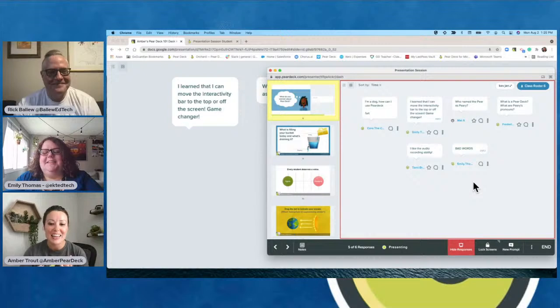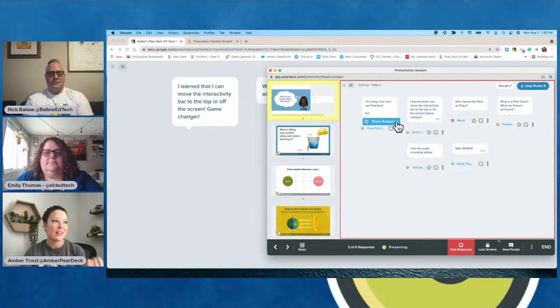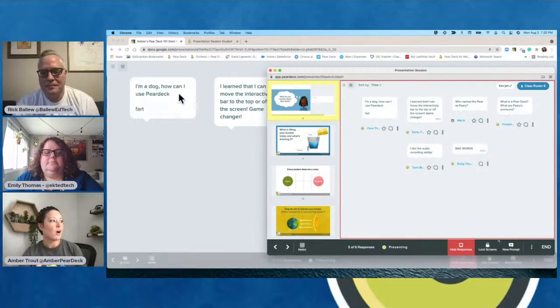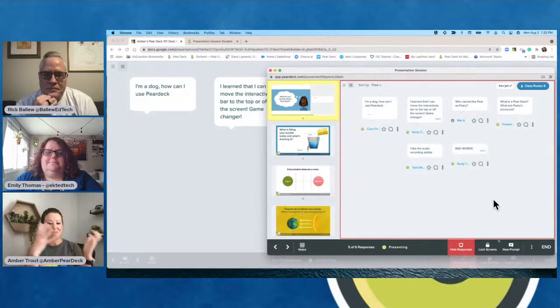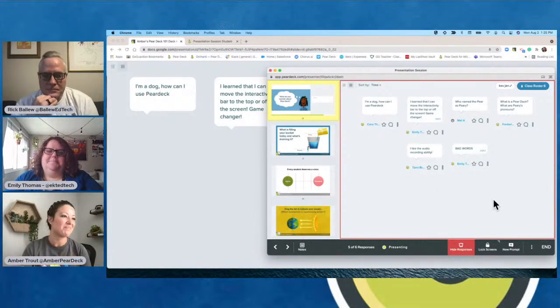Now, if you get it together, maybe you have fixed your response, you have no longer bad words on there, I can click on the three-dot menu again, click on show, and then you can watch that answer pop back onto the screen in its original location. So just so you know, you can take them off and repopulate them if you want.